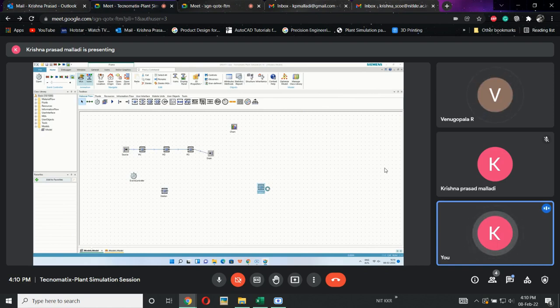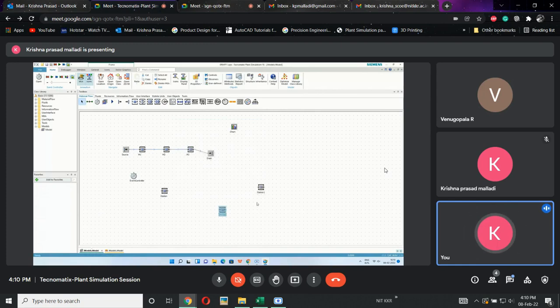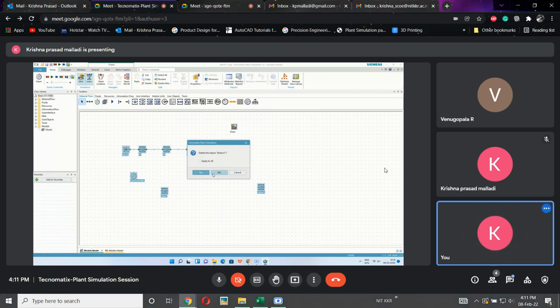I want this 15 continuously, but it won't be produced. Why? Because the default is 10. So whenever I click a mission and drop it here, I will get a mission with 10 seconds characteristics only. I don't want this one. I want a mission that has 15 seconds continuously.